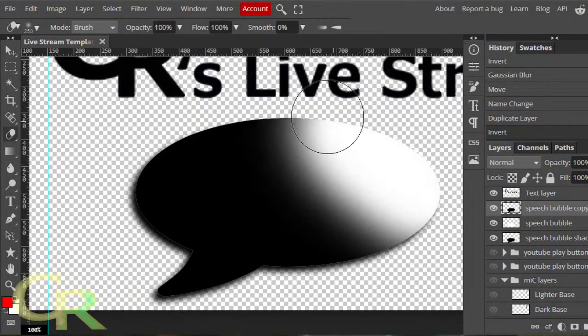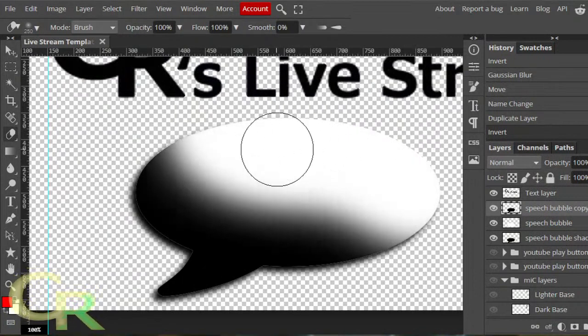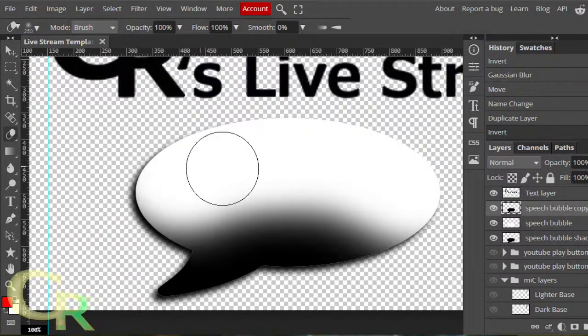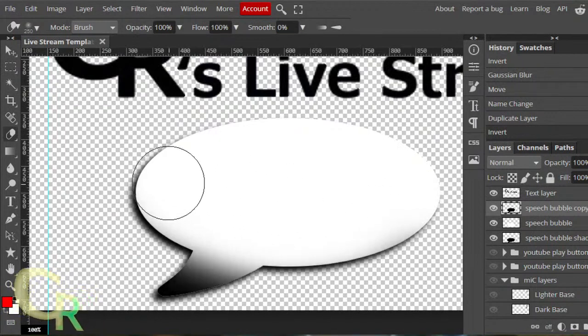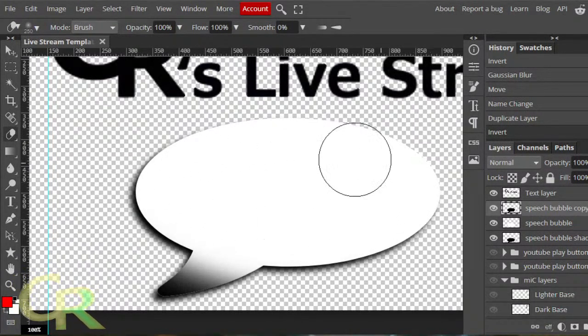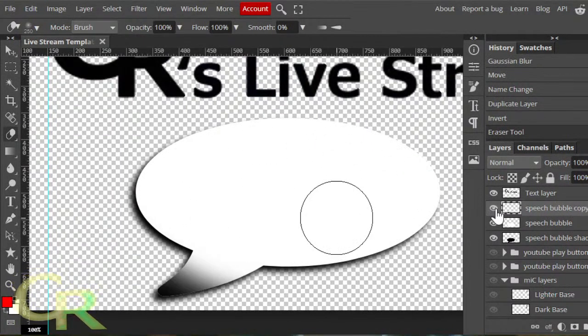Just gotta tone it back. I'll erase a little bit of it out. And I do something like that. And I can always remove that. I'll change that text right there to do something else here.